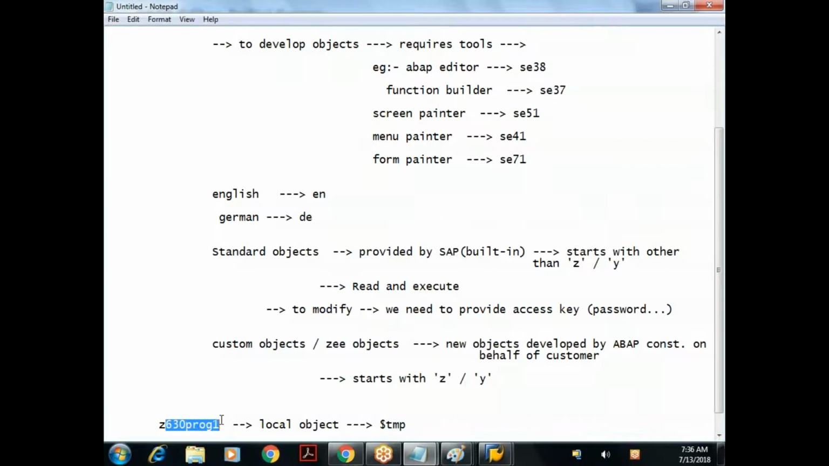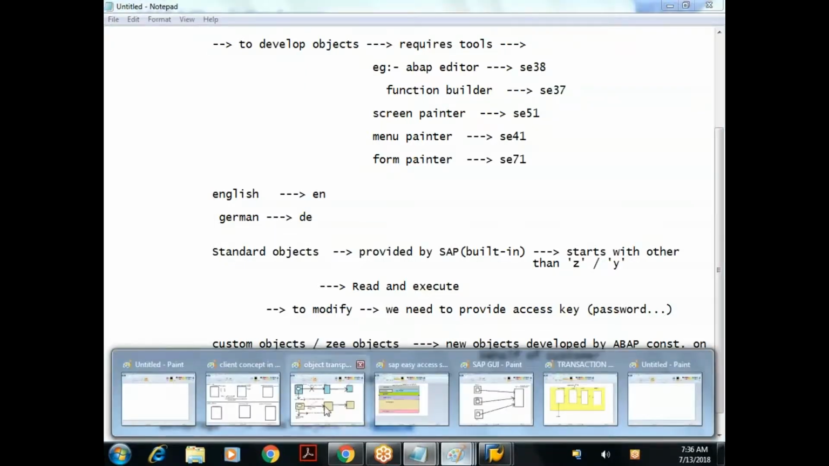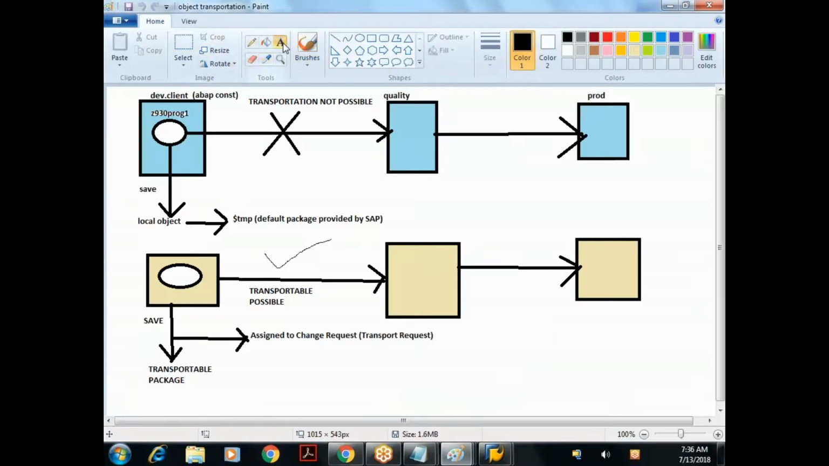The objects which are stored in $tmp cannot be transported. The objects which are stored in local object cannot be transported, meaning here. Observe here. So where do we do the developments as an ABAP consultant? You will do the developments in the development client. So when I'm developing an object, it is asking me to save. So if I save in